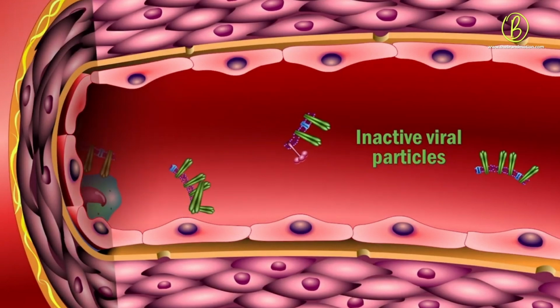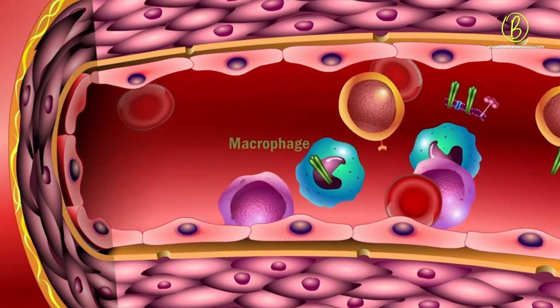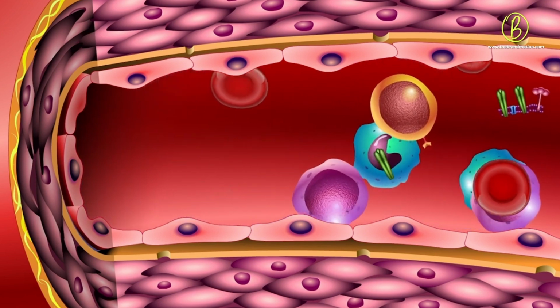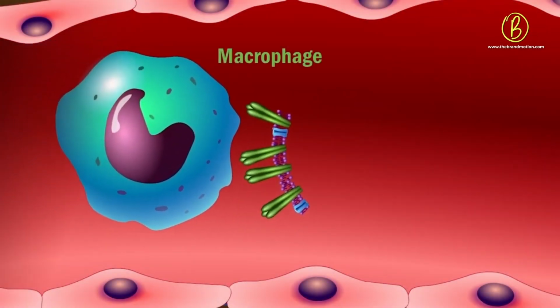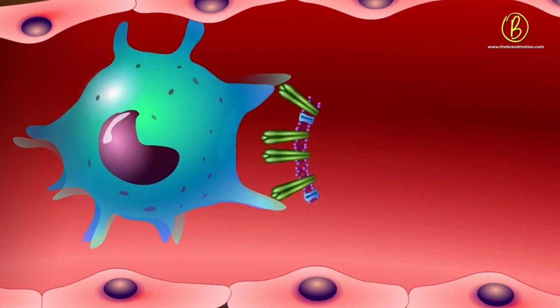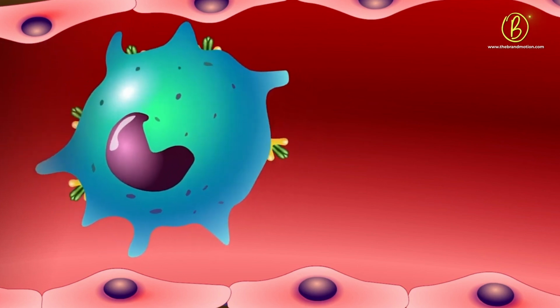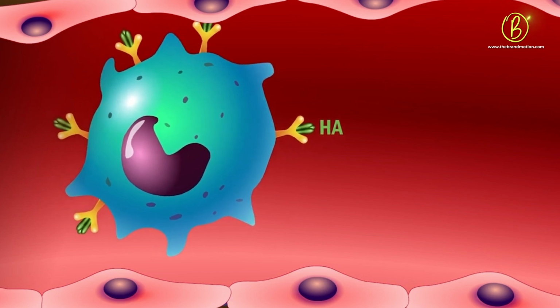There, they are met with an immune response mediated by various immune cells, including macrophages, T lymphocytes or T cells, and B lymphocytes or B cells. A major mechanism of action involves macrophage phagocytosis of hemagglutinin, breaking it into smaller components. After ingestion, macrophages display the hemagglutinin antigen on their surface in combination with a specific receptor known as the major